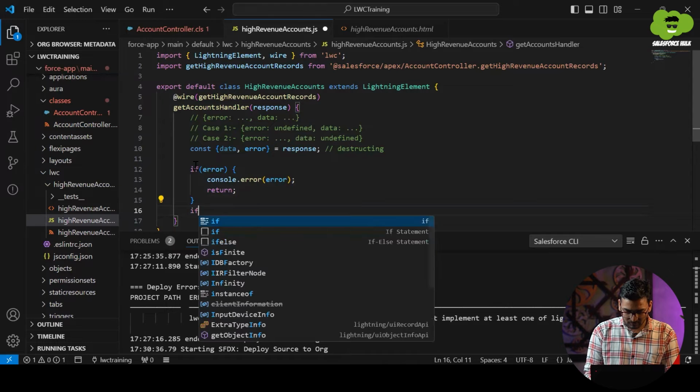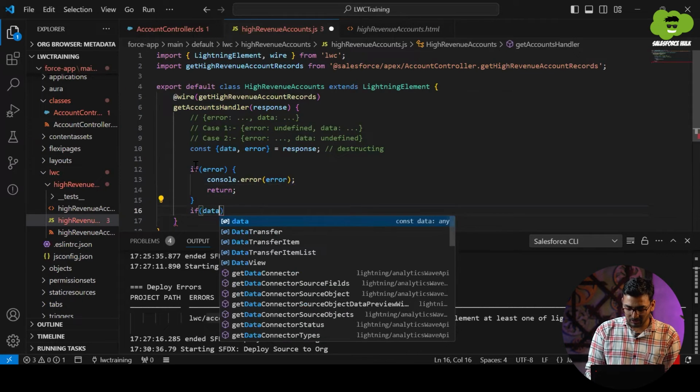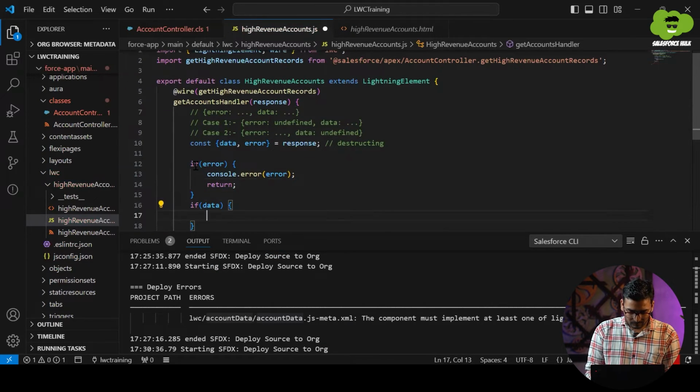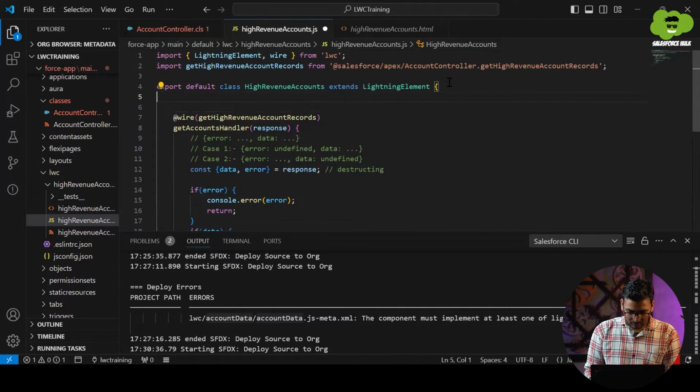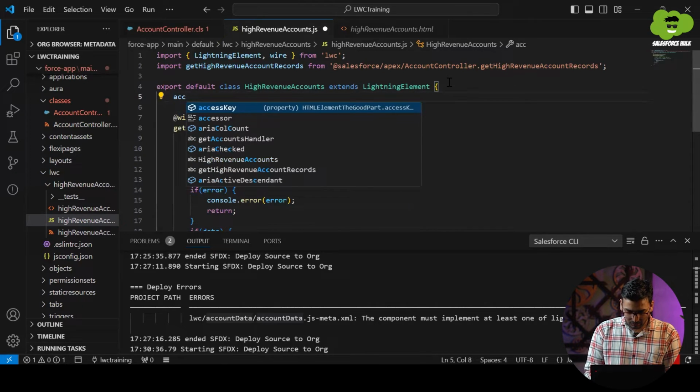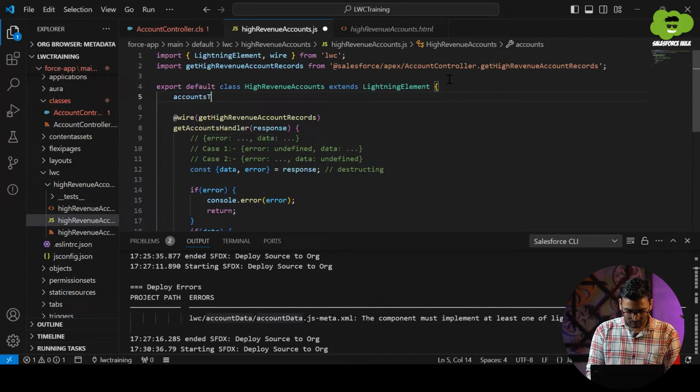But if there is data, we are getting some data, then we will be assigning that data to a property. So let me create a property here. Let's say I'll name it accounts to display, and it's going to be initially an empty array.